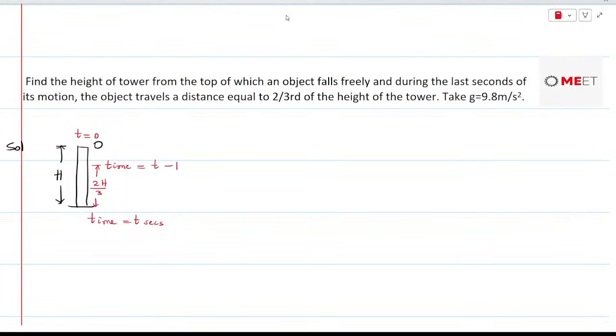So now the distance covered is two-thirds of h. For this we need to write an equation: distance covered is equal to two-thirds of h, and the distance covered in the time span of t minus 1 to t seconds can be expressed as,